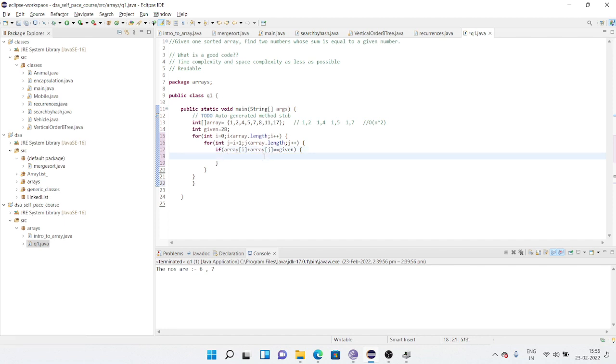So if this happens, we will print the numbers are the number at ith index and the number at jth index, right. So this will work. When I run this code, I will get the numbers are 11 and 17, but the problem here is that this particular loop runs for n times,